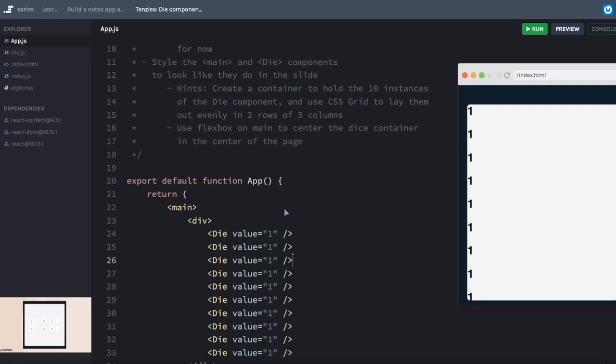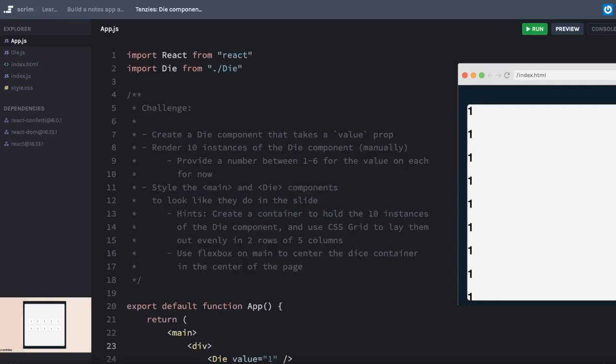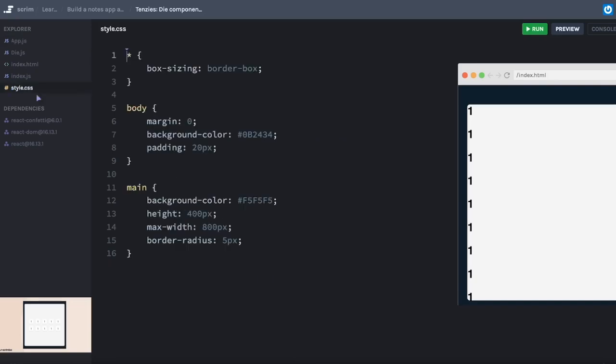Now let's start adding some styling. First, let me create my grid here. So I'll give this a class name. Let's say this is the dice container. And we'll set that up to be a grid. So display grid,